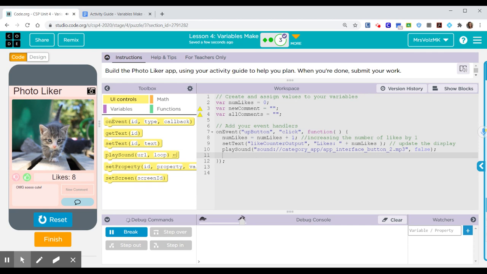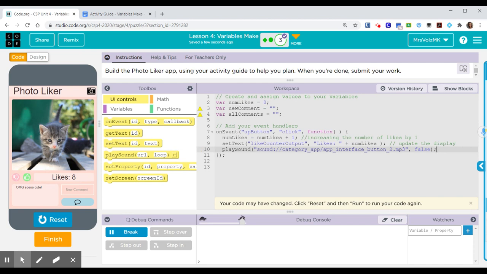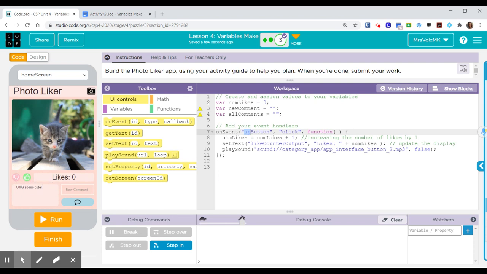Okay, so there, I've got the on event handler for the up button. Okay, I'm going to say this. The down button is almost identical to the up button, except for one thing. You have to change this to the correct name for the down button, right? If I go to the down button, instead of increasing the number of likes by 1, you would decrease it by 1. So you would subtract 1 right here, and you can pick a different sound. But otherwise, you can pretty much copy and paste this on event for the down button,